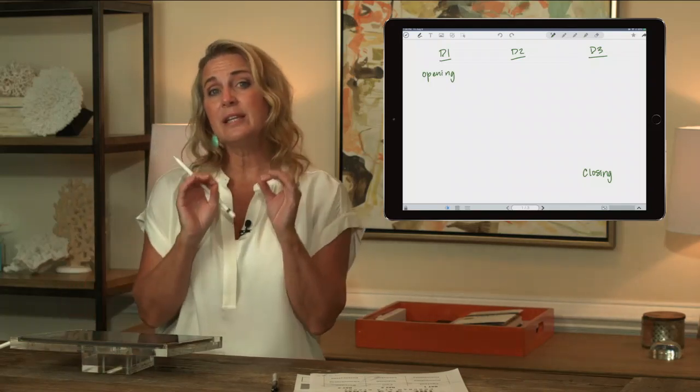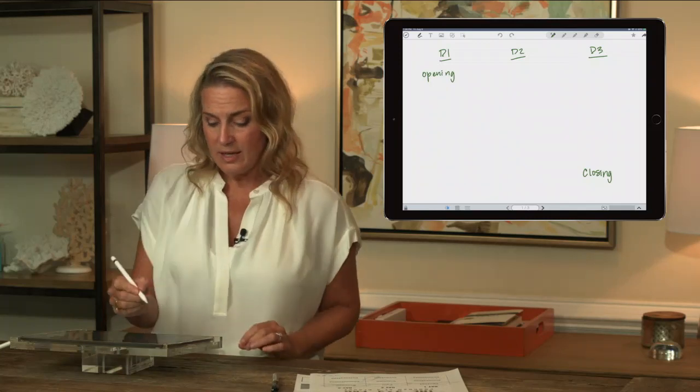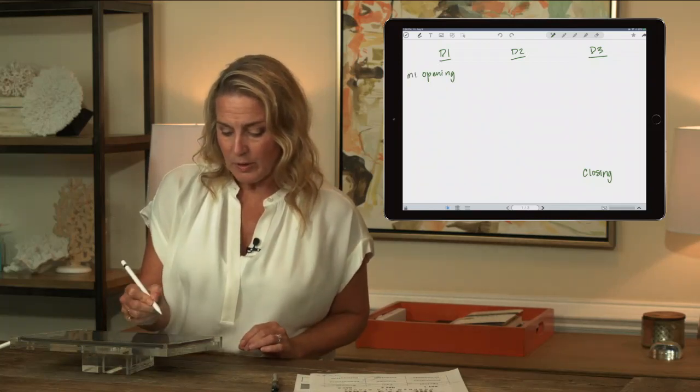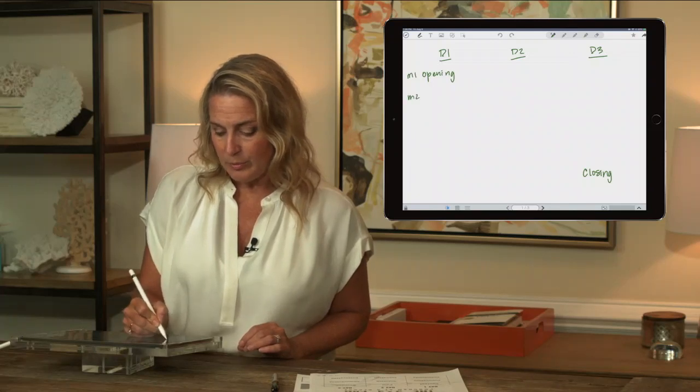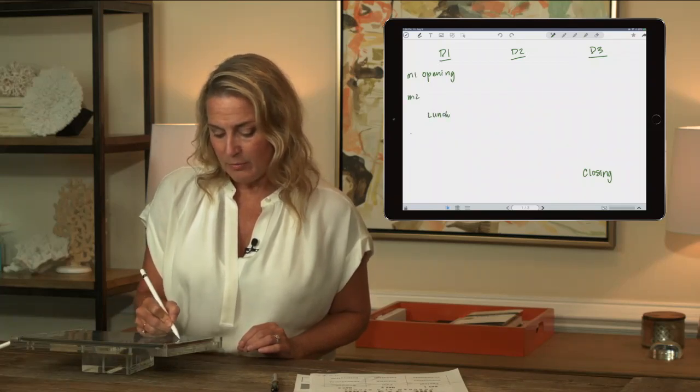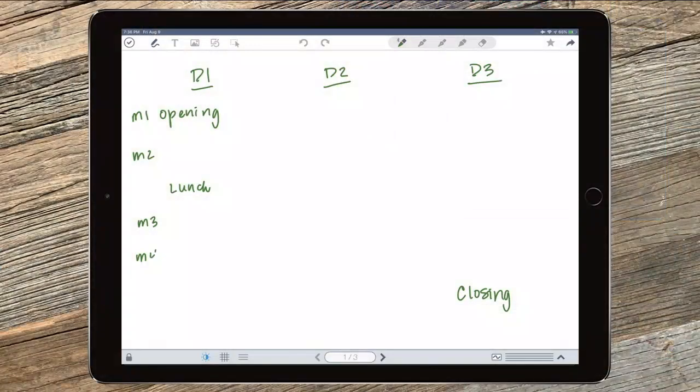Okay, so here's the next 3 most important sessions. So this is going to be Module 1, Module 2. We're going to put in lunch here. Then we're going to have Module 3. Then we're going to have Module 4. Then we're going to have dinner. We'll come back to that in a second. And if there's going to be an evening session, it's Module 5. So you can think about this going across the board, right? So day 1, Module 1, that's how we refer to it at Sage. It's day 1, session 1, day 1, Module 1, is the opening. So day 2, Module 4, is the panel and the invitation.